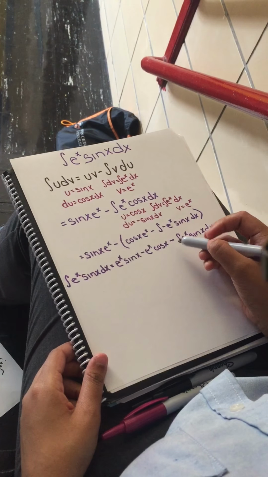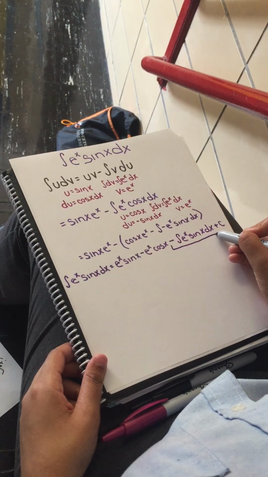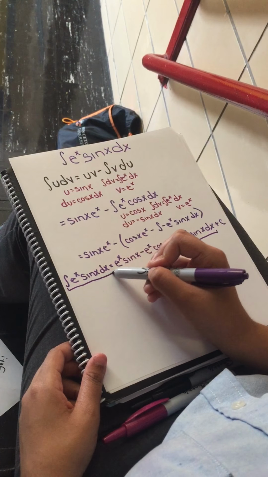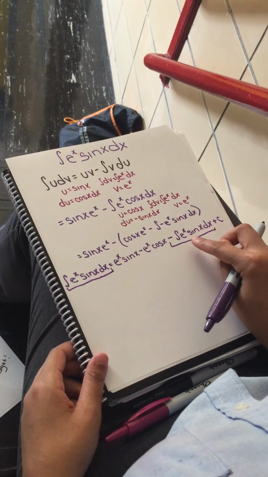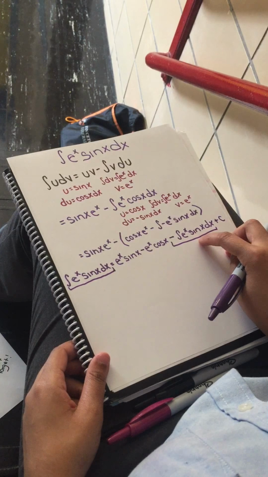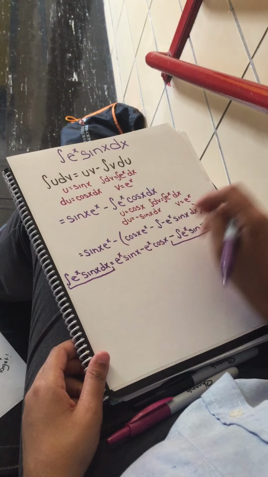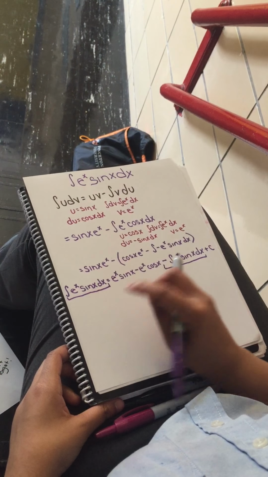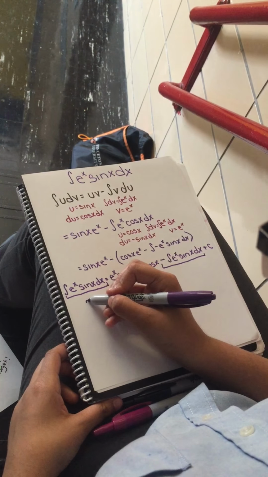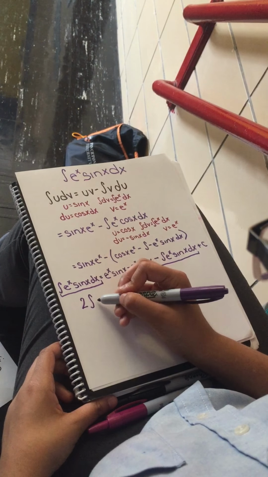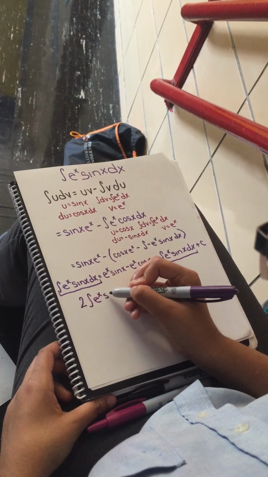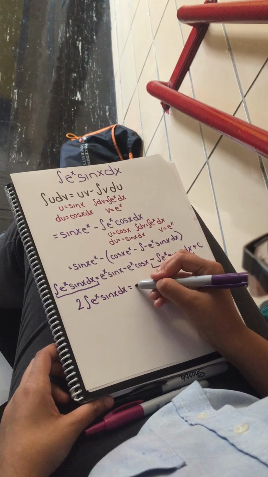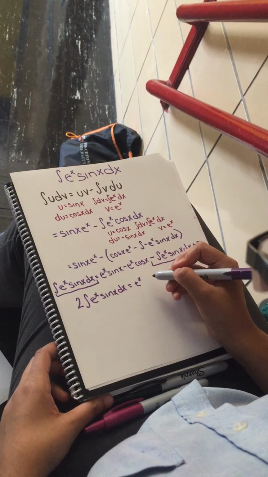If you've noticed, we have this value right here, but this value is the problem itself. It's right here as well. So what I did was I added, because this is negative, I added, because this value and this value is the same, I moved this to that side by adding. So you get 2 times the integral of e to the x sine of x dx equals e to the x